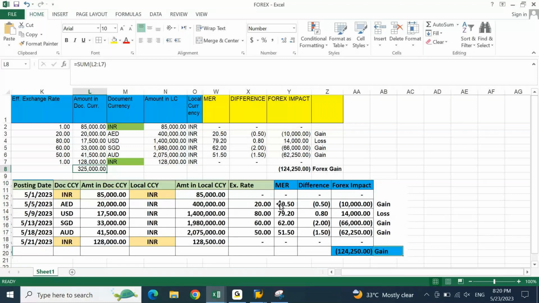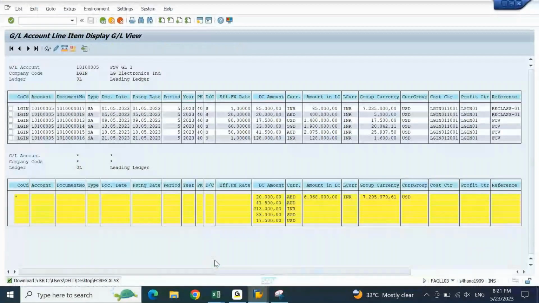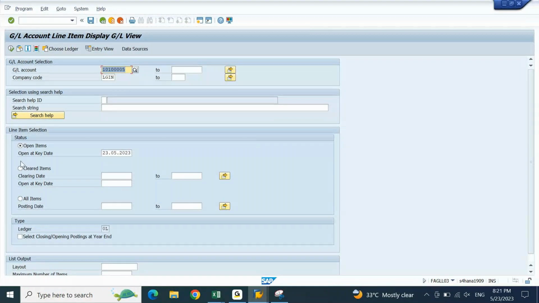Sir, partial payments made will also be considered under foreign currency valuation? Yes, any partial payment is straight away an open item. It will be considered under foreign currency valuation when we do the month end process. Yes, it will be. Because when you run the GL report or any account report on a particular month end, let's say 31st May 2023, if I execute,